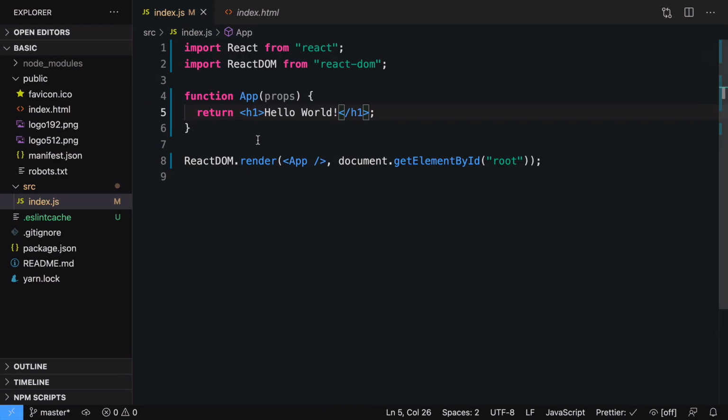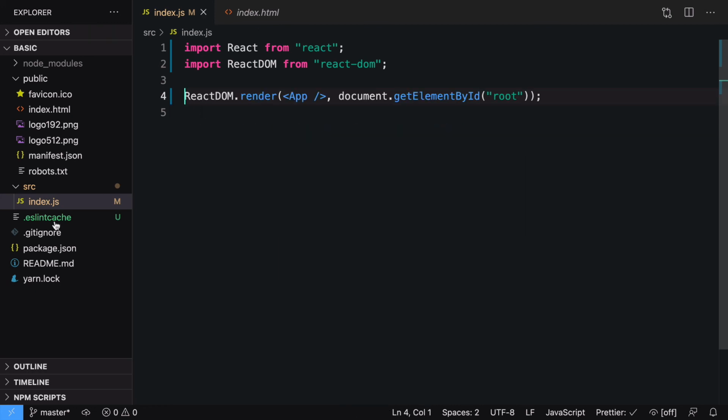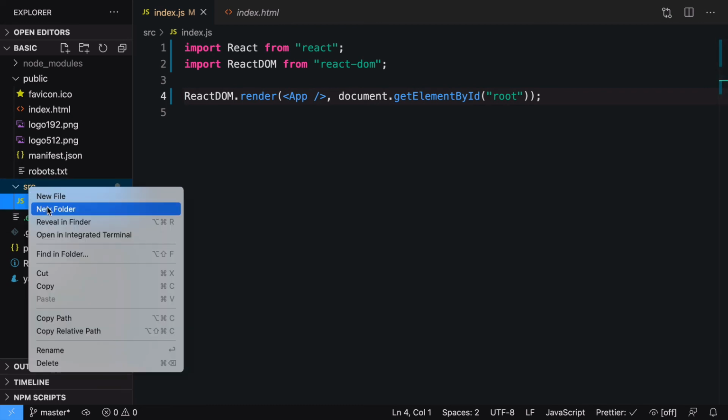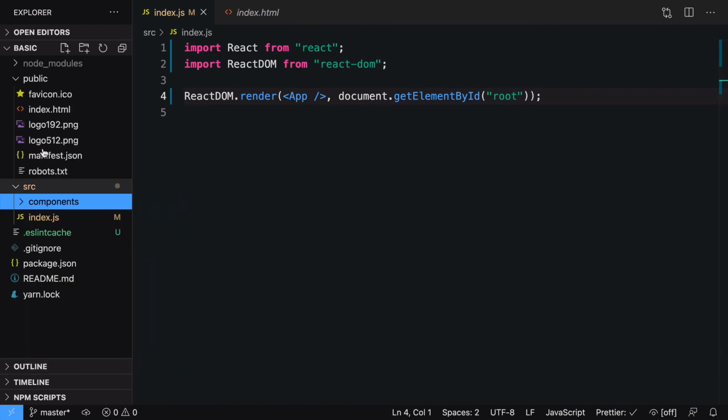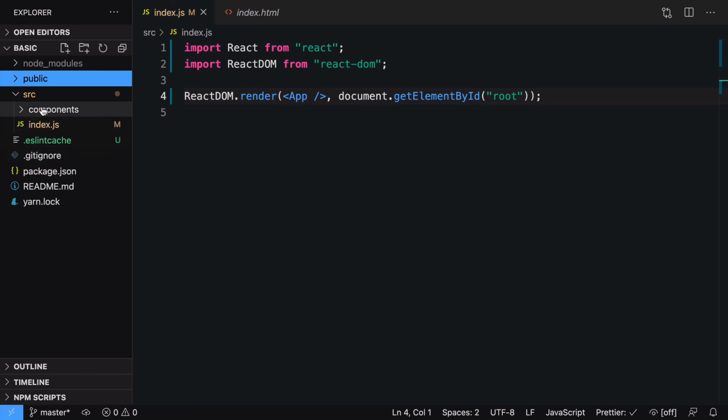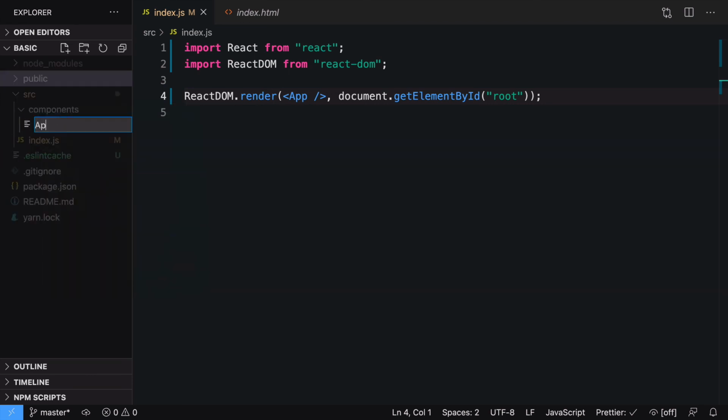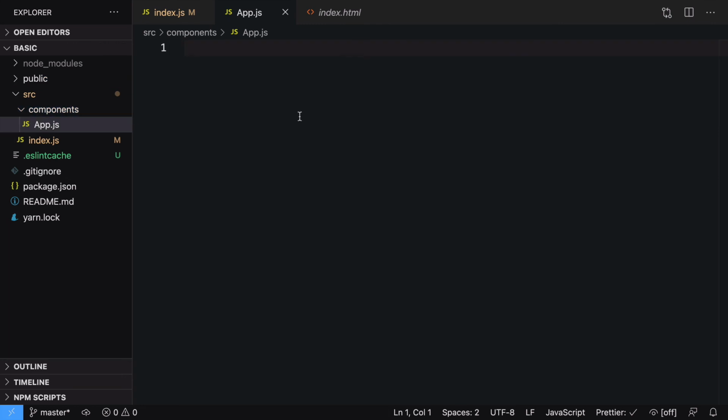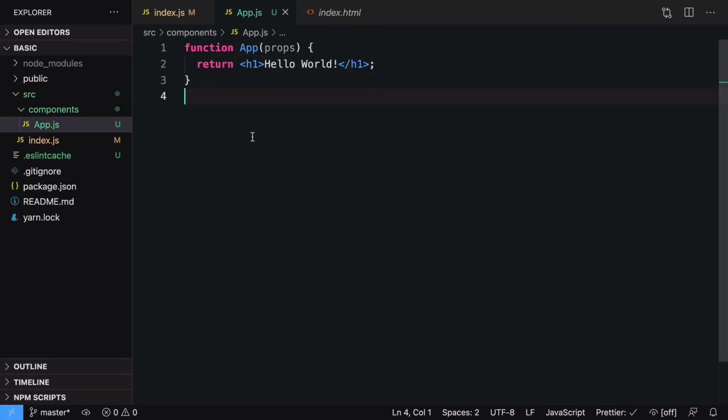Now, one important thing to notice, in your index.js file, you should not be adding a lot of components. So how can we fix it? What if I want to put this component somewhere outside? Each file will contain only one component. So whenever we need to change that, we can go into that file and change it. So I can take this component from here and create a folder called components. Inside that folder, I'm just going to create a new file called app.js. Inside that, I'm just going to paste this component.